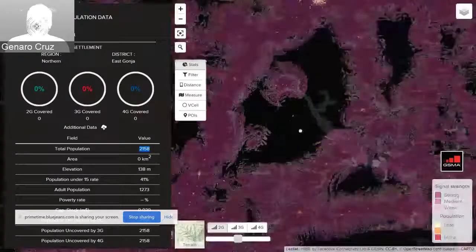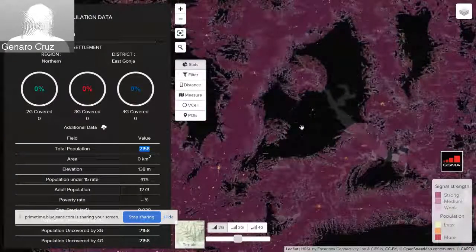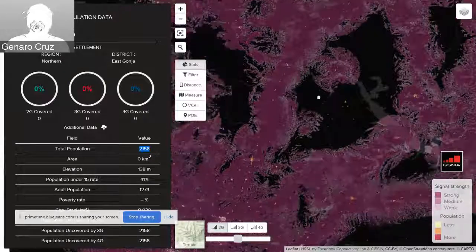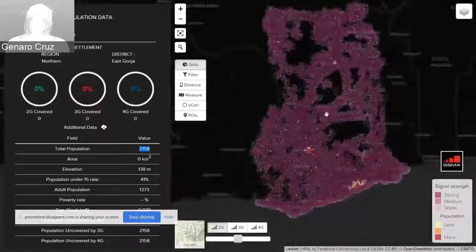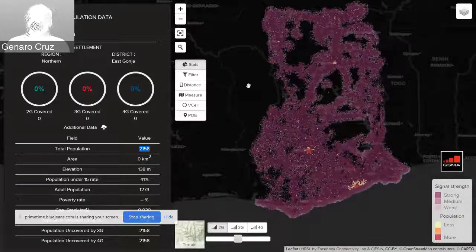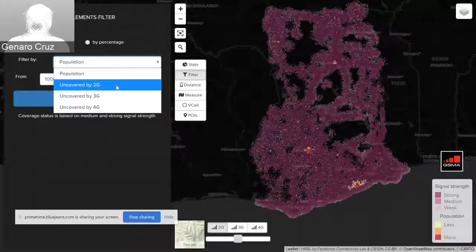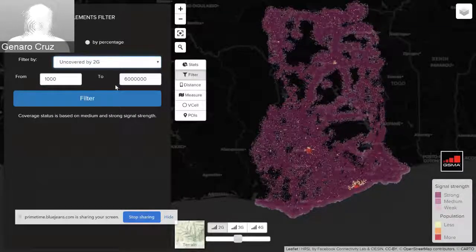Now, as I said, the main purpose of this tool is to help find where are the uncovered populations and help mobile operators invest to cover them. So what we did to help this purpose is try, for example, to look in the entire map, where are these populations? So for that, we can use the filtering tool. So for example, we can say, find all of the populations which are not covered by a 2G network, for example,